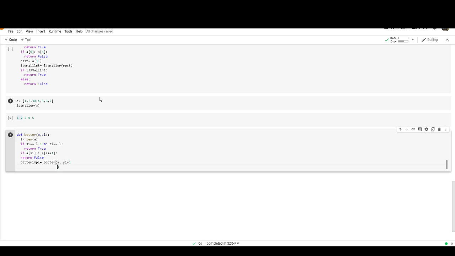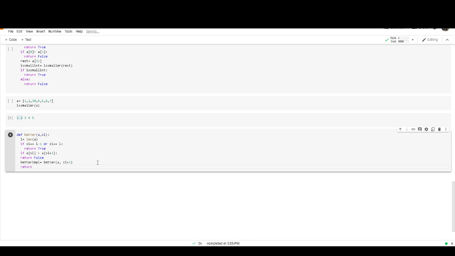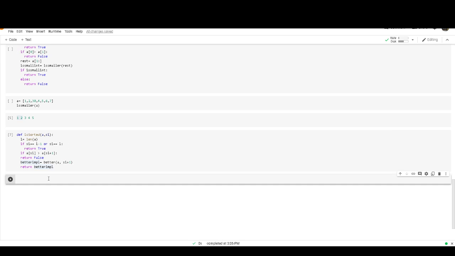Then we need to return the function, return better. For our understanding purpose, we can name it sorted. Okay, so we have implemented the basic algorithm.